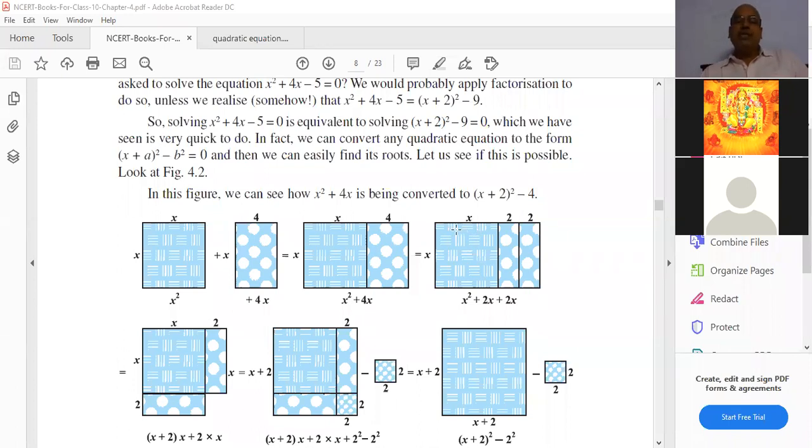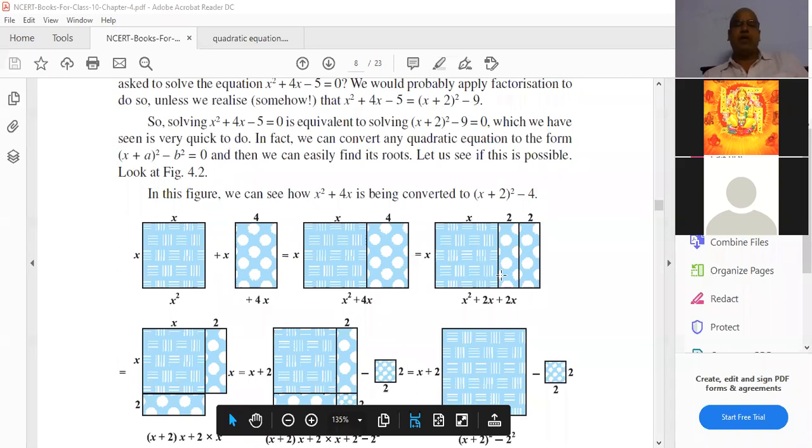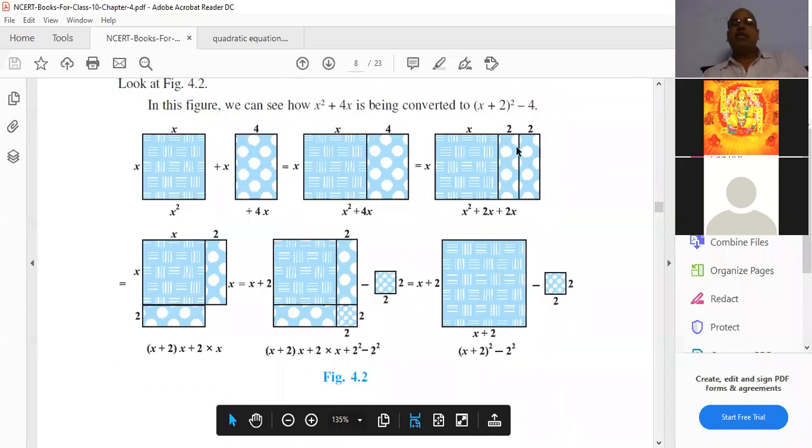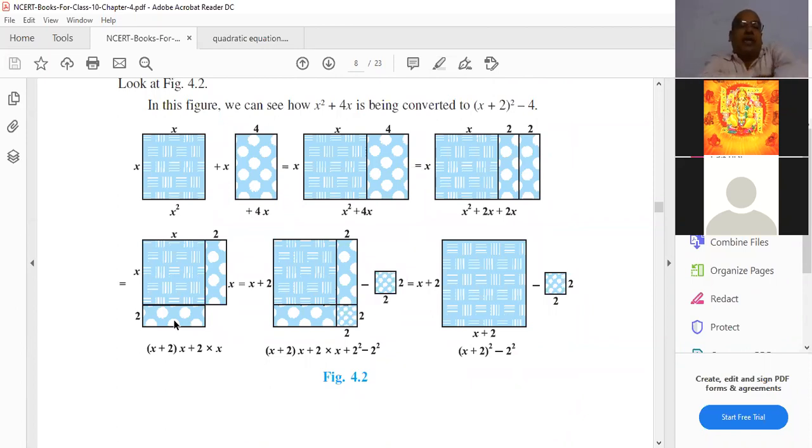And now this 4x rectangle is split into two rectangles, divided into equal parts: one rectangle of 2x and another rectangle of 2x. Then what he did is, he pasted one horizontally. See here, next figure, you observe. Two rectangles are there, and one he pasted horizontally. This is the cutting and pasting activity model he did.